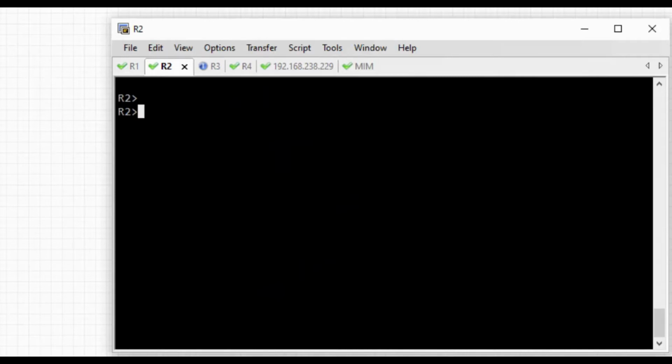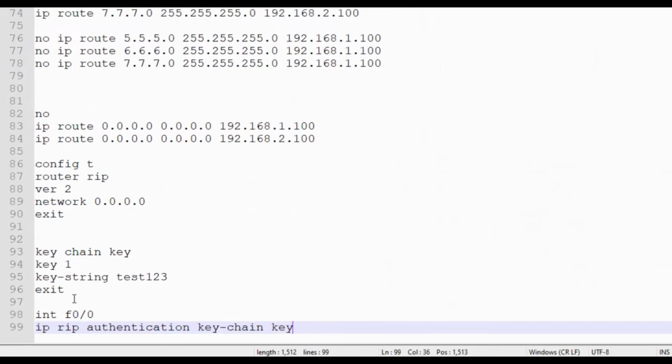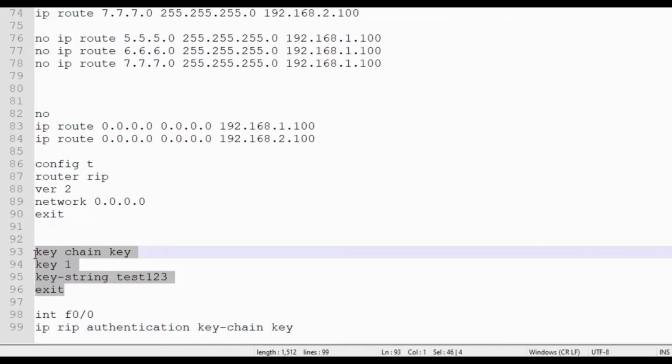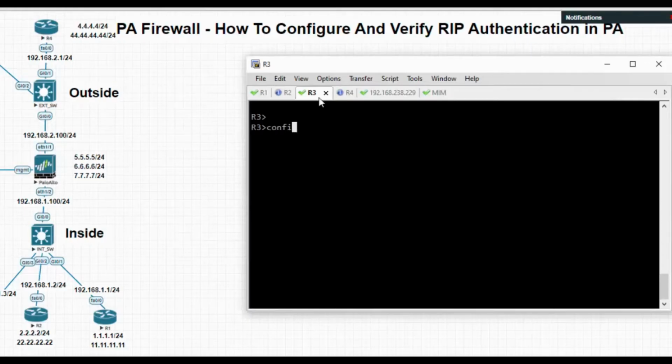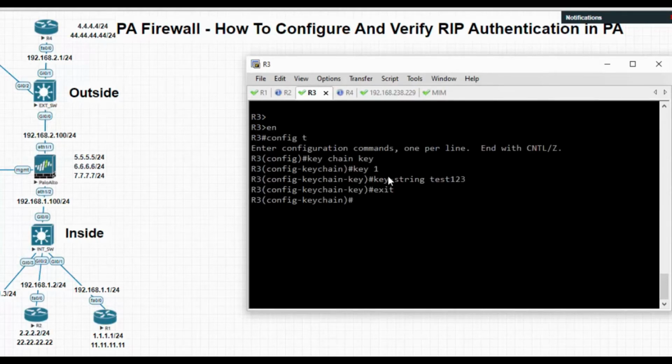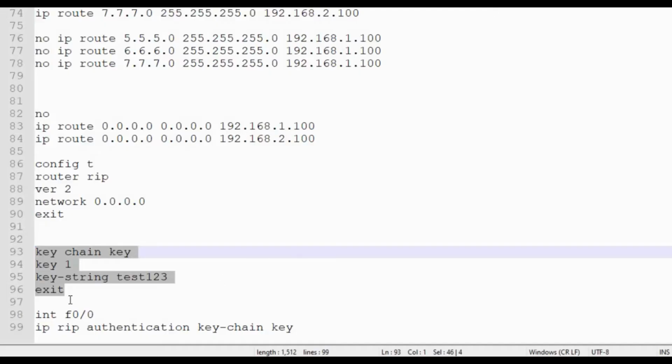I have copied the commands in the notepad, so I will just copy and paste them. Enter, and that is all.